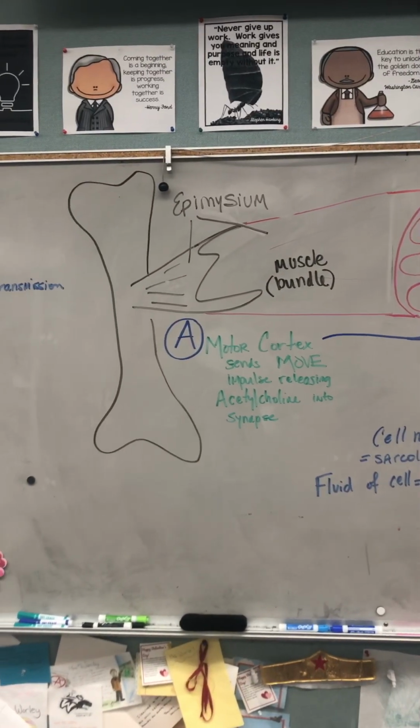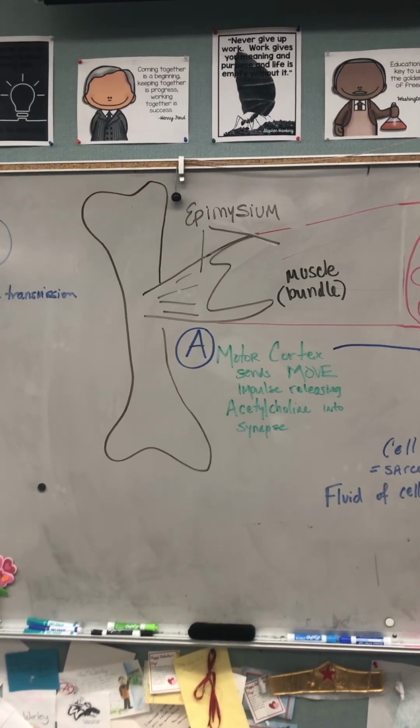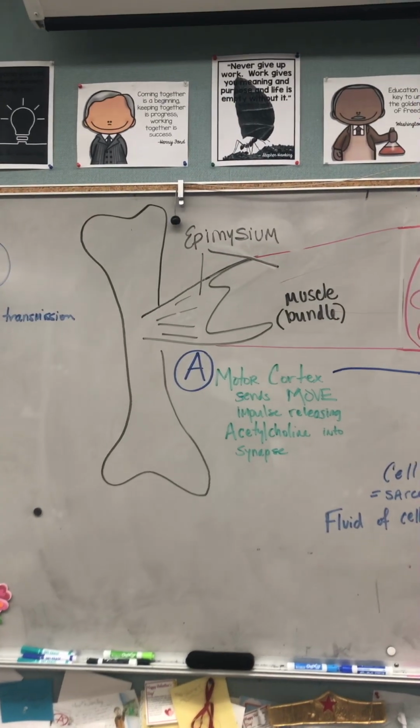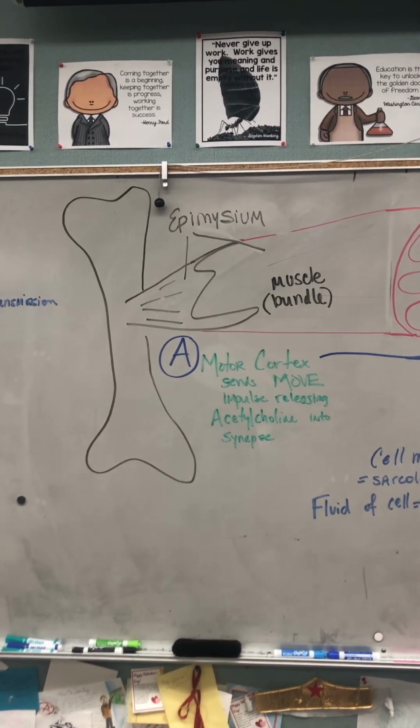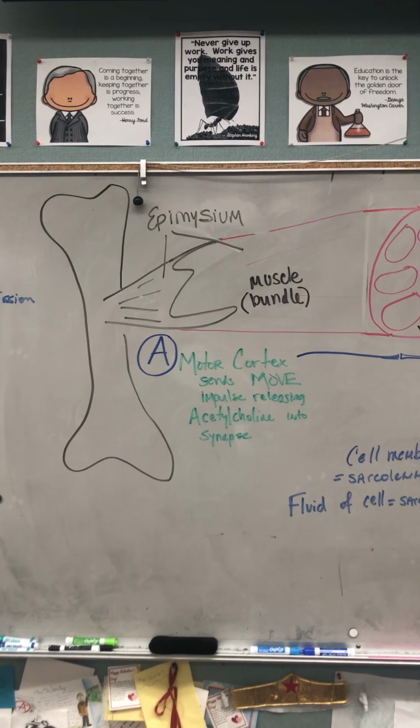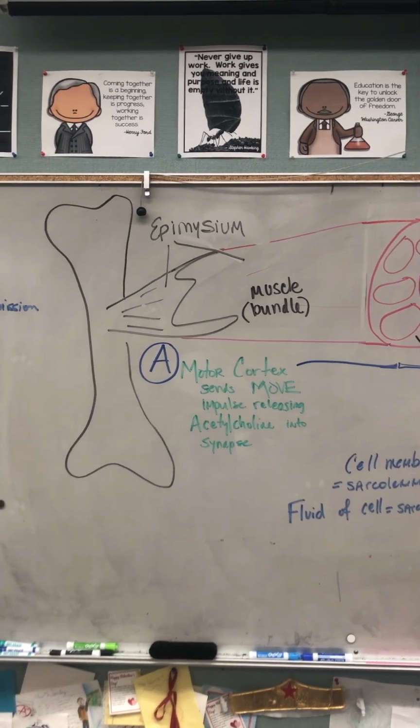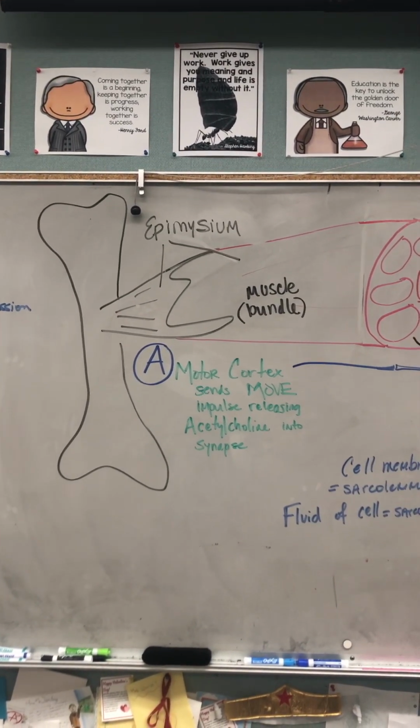All right, so let's go through this diagram. We're not going to pay attention to the A, B, C, D information right now. We're just going to go through the structure. So you have a bone, and attached to the long bone, we have a tendon that is made out of